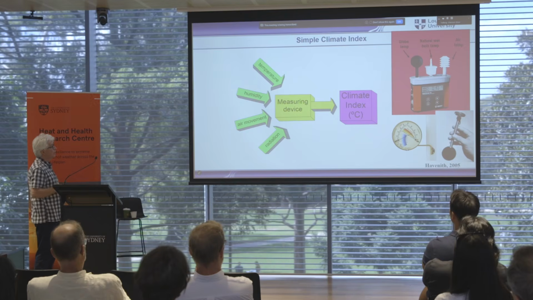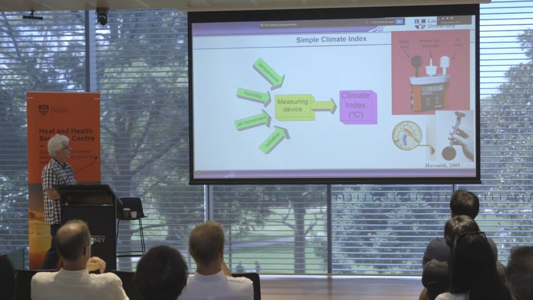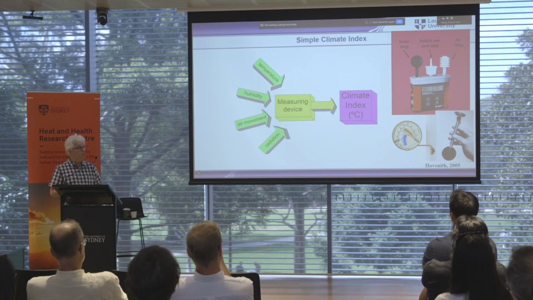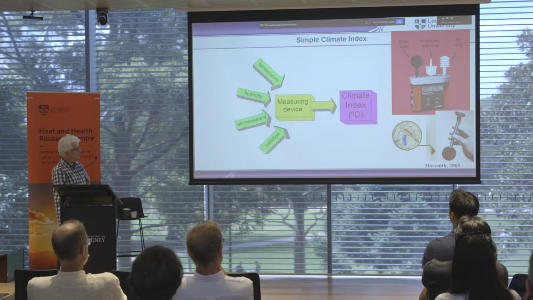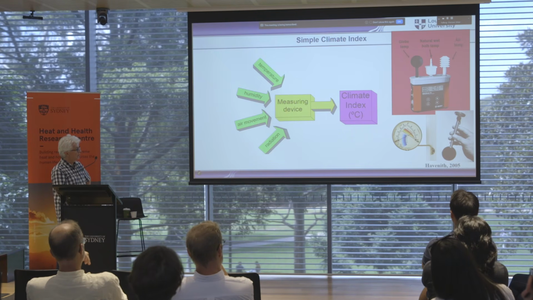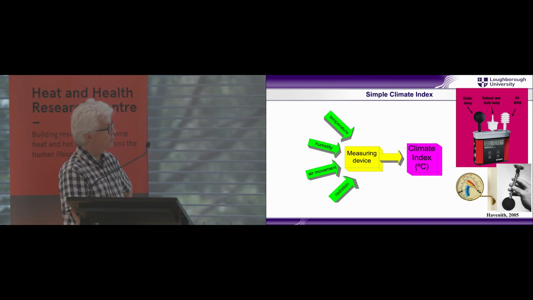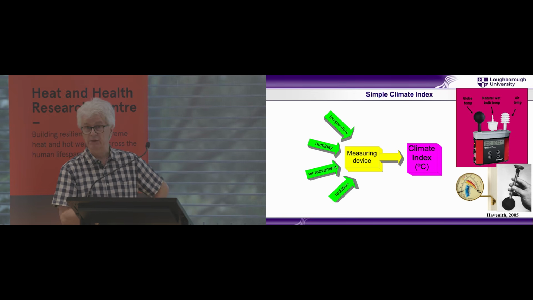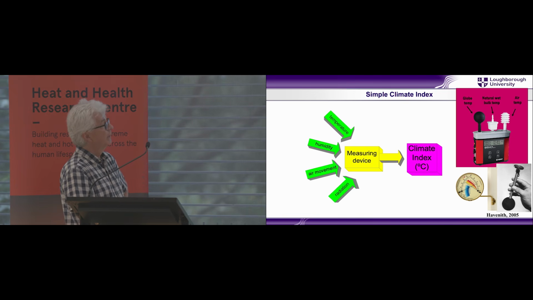So going over some of the simple climate indices, what's the principle of most of them? I've shown three here. So this is just a thermometer and a relative humidity, and where it crosses, it gives you with colors indications of issues. Very few will know this. This is what we call a Botts ball, which is a black globe which has a cotton gauze around it that you can make wet, so it becomes a black wet bulb. And then you have a dial up here.